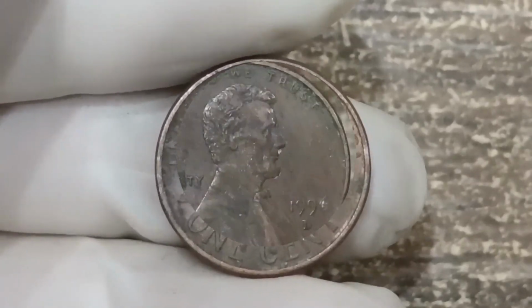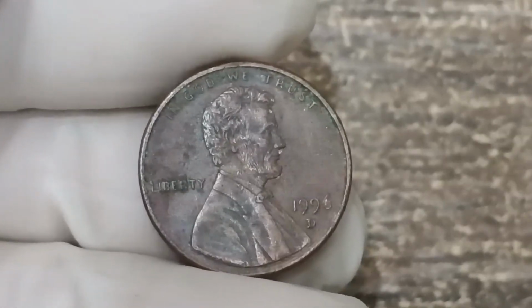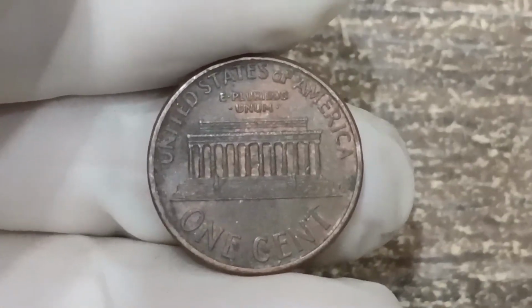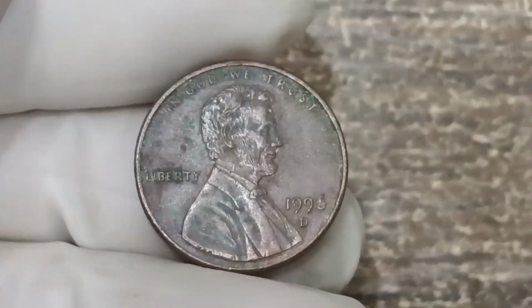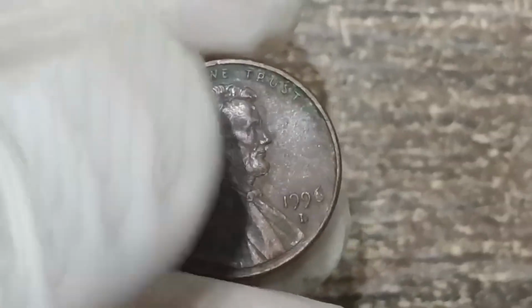but the 1996 penny worth $150,000 is also more than just metal and mistakes. It represents the thrill of discovery and the possibility that even today, in a world where technology seems to catch every flaw, hidden treasures can still slip through. And that is why people all over America continue to hunt through rolls of pennies, search their pocket change, and study their coins under magnification, hoping to uncover a hidden